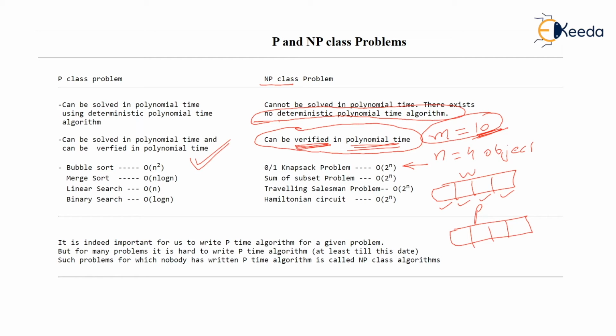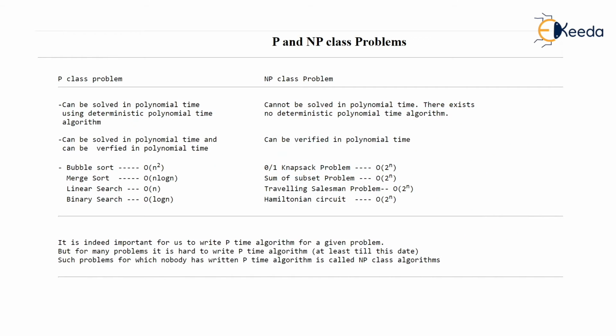Now suppose I change the problem. I don't want to find maximum profit, but I want to ask: can I get a profit of at least K? Say, can I get a profit of at least 50? Now this is a verification problem. I would like to know whether at least 50 profit is possible or not. And such a solution can be verified in polynomial time. I repeat, a verification algorithm exists for 0/1 knapsack. So 0/1 knapsack is an NP class problem. Come again, this is a very easy example I am telling you about verification.